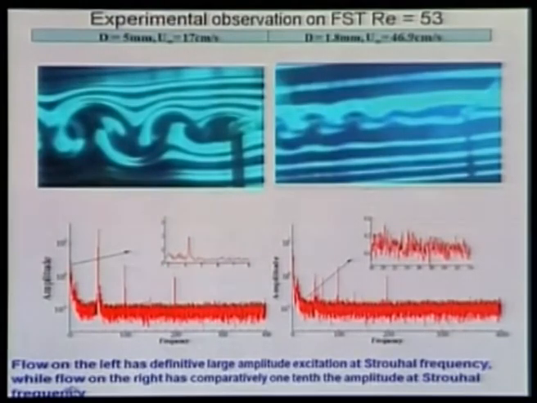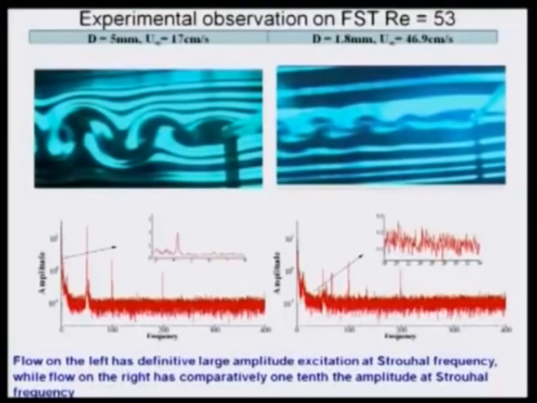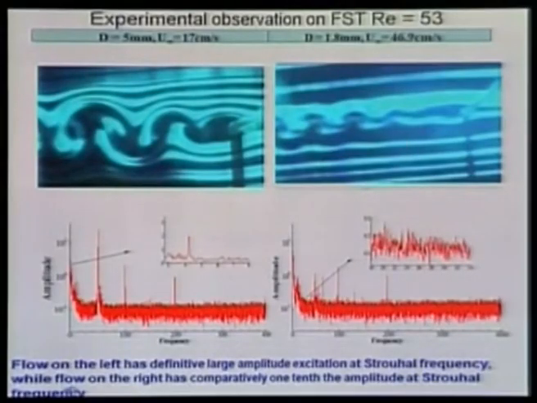This inset shows the condition near the Strouhal number. We have heard of the Strouhal number. The Strouhal number is the non-dimensional frequency of vortex shedding. So, near the Strouhal number, we notice there is a peak. And for the other case, we notice also a peak, but if you look at the scale, this is 10 times more. So, if the disturbance at the Strouhal number is strong enough to excite the flow, you will of course see a better shedding. That is what you are seeing here compared to this.